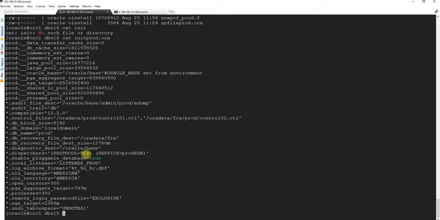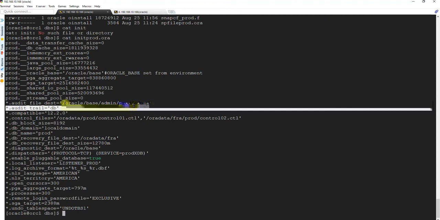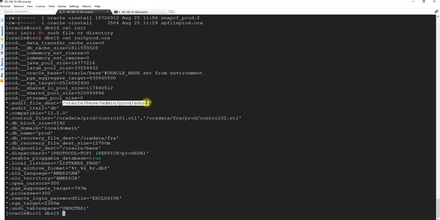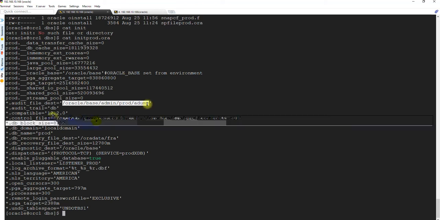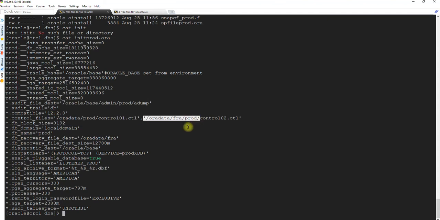Okay, so you see the important parameters here. We don't need all of them, but we need this audit file destination location to be available on the secondary, otherwise it will fail, because the backups have this location. This is where they are going to look, or in the control file, in the data files, this location is there. While restoring, they will look for this particular location. If this location does not exist, then it will throw error.